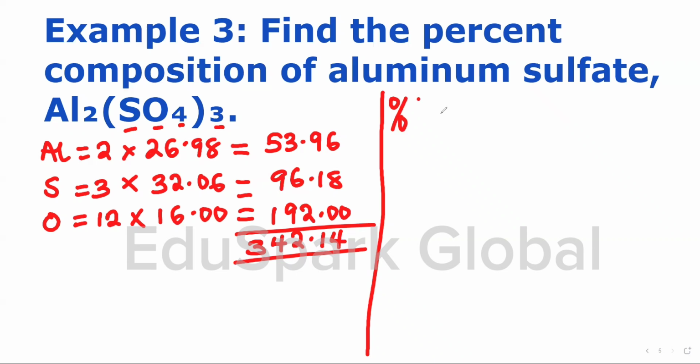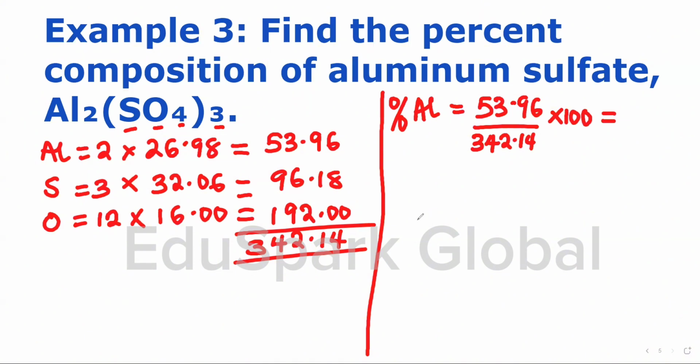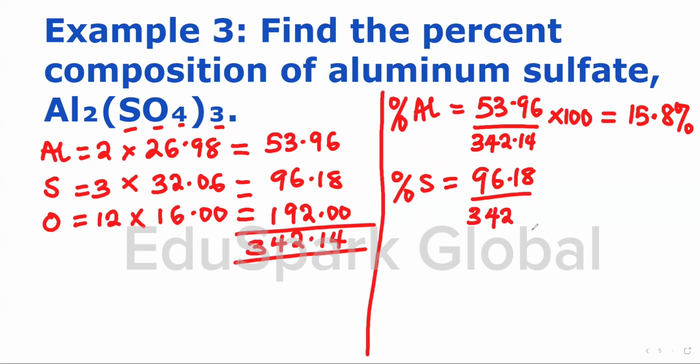So, percent aluminum, because they did not ask for a specific one, we're going to go ahead and do all. Percent aluminum will be equal to 53.96, the mass of aluminum, over the total mass times 100. So 53.96 over 342.14 times 100 gives me 15.8%. Then percent sulfur will be 96.18, the total mass of sulfur, over the molar mass of the compound times